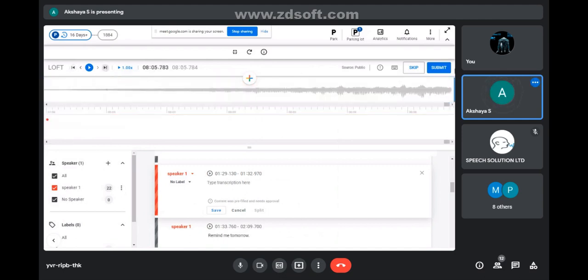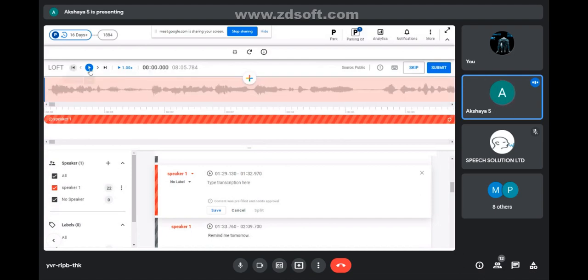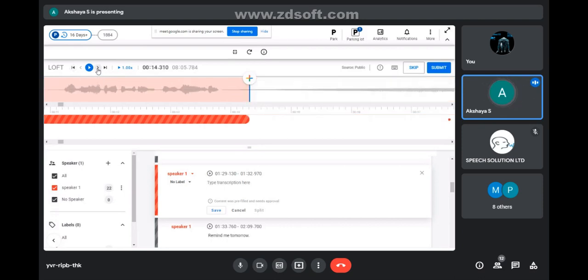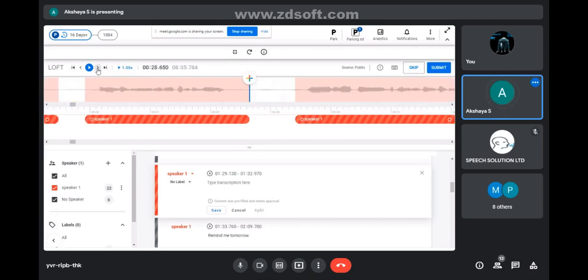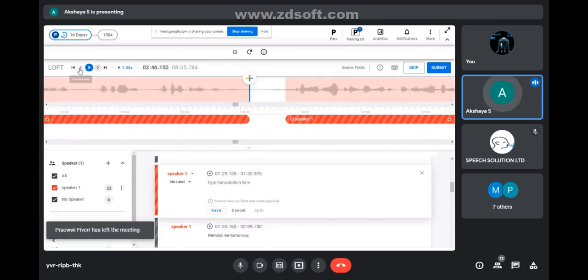See the blue cursor, 8 minutes 505 seconds. The left arrow and right arrow keys move to the next gap, I mean, the segmentation gap. You can see the difference, right? This is also the previous gap.